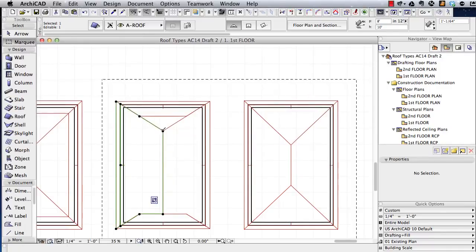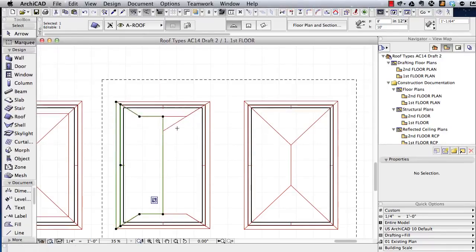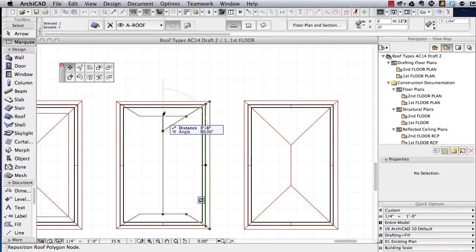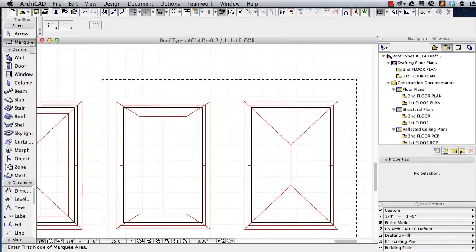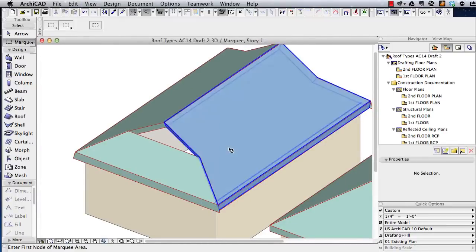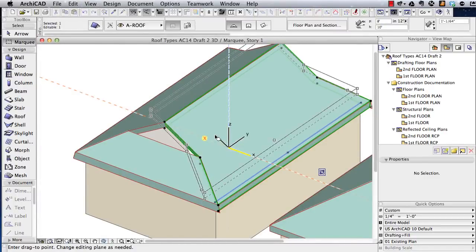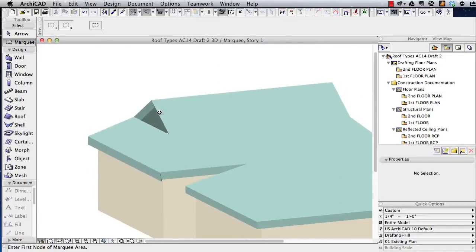So I can just go with each end and do this as long as I've turned it into single plane roofs, because with the multiplane roof it does not allow you to change the border. That calculates the ridge line or the hip or valley line automatically based on the planes. You can't reposition these things. But now I have something exactly what I wanted, and we'll just rotate around it so we can see